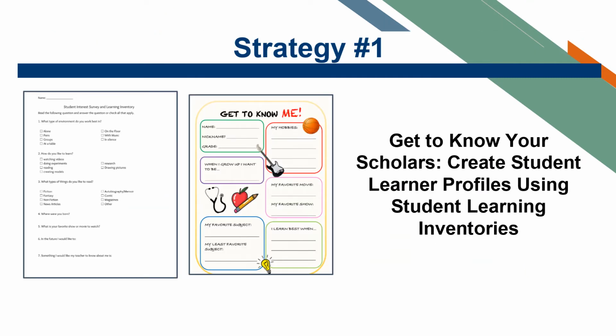Strategy number 1 is getting to know your scholars. You can get to know your scholars by creating student learning profiles using student learning inventories. It's no secret that relationship building is a key component of effective teaching. Getting to know your students not only increases trust and engagement, but it also helps you differentiate instruction and personalize